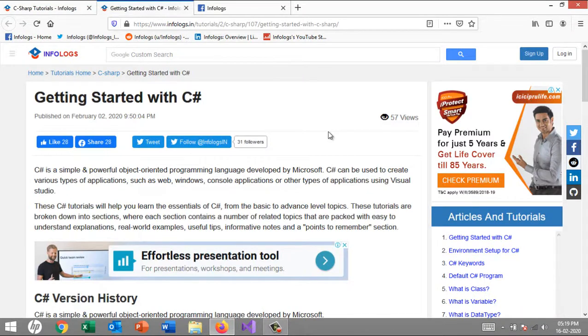What is C sharp? It's a fundamental question, a basic question. So normally, let's go for the definition. It's very simple. C sharp is a simple and powerful object-oriented programming language. Don't think about what is object-oriented or what the different types are. You don't need to think of that. As soon as we progress with this course, you automatically get to know all these kinds of things. Currently what you have to remember is that C sharp is a computer language which is useful for